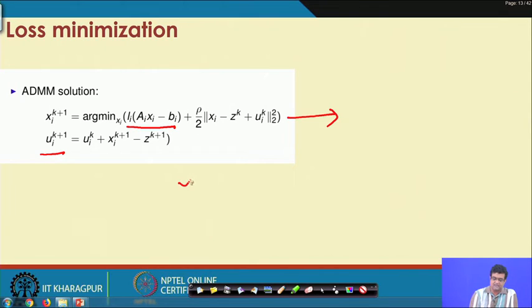These are something like yi. Then you can compute these using this formula, and then you can just update ui k plus 1. And then this is the final solution.